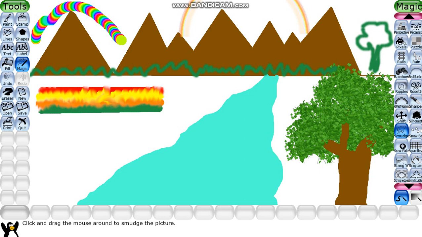You can also use it to blur the edges if you want to make the edges blur. So this is the use of the smudge effect. Anything you can smudge. It's totally up to you.